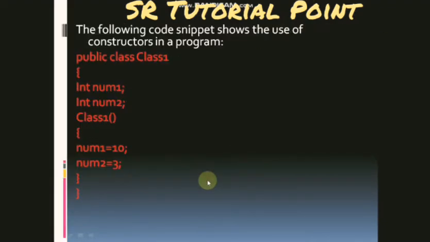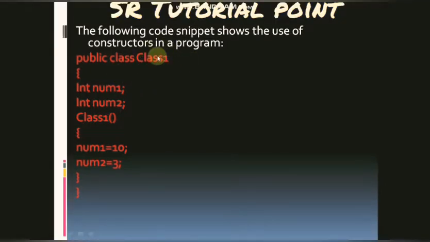Then the class name is Class1. Inside that, int number1 and int number2. Then I am creating a constructor here. See, Class1, a method which has the same name as its class name is said to be a constructor.